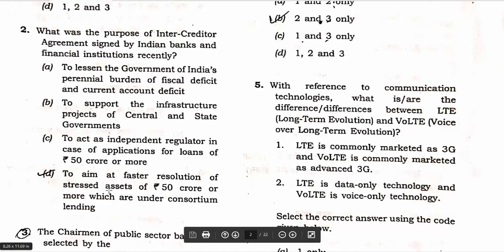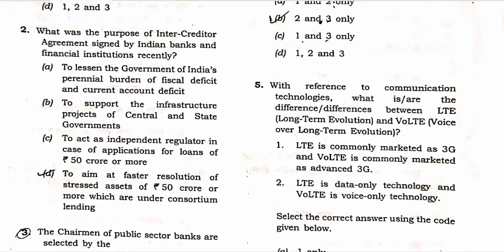This is purely current affairs, which was repeatedly in the news. So this cannot lessen the government's burden of the fiscal and the current account deficit, cannot be an answer, and this can't support the projects of the central and the state governments as well. And then it is an act of the independent regulator in case of applications for loans of 50 crore or more, again which is not. So the correct answer for the second